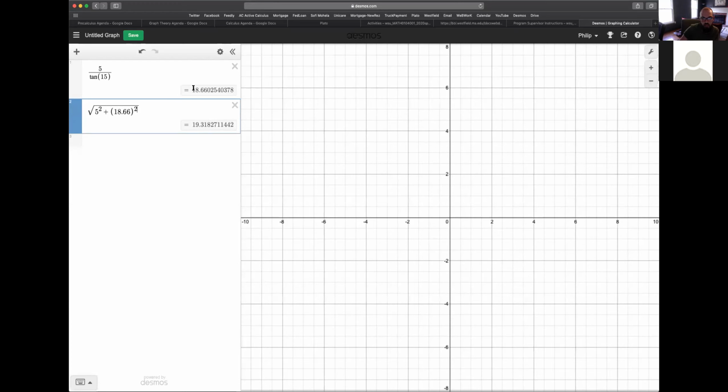One thing I want to caution here is that we already did round, right? So we already rounded this 18.66 here. So this is going to be pretty close. If we only wanted it out to 1 or 2 decimal places, you're probably going to be okay. If you wanted to extend out further than that, if you really wanted to be super precise, instead of 18.66, we could put this term in here,